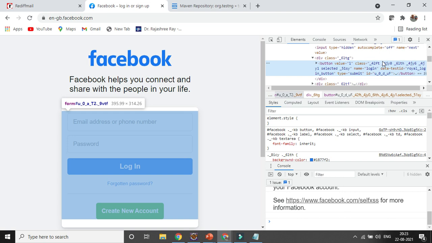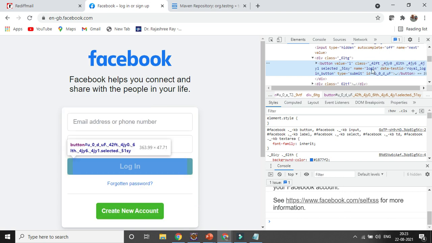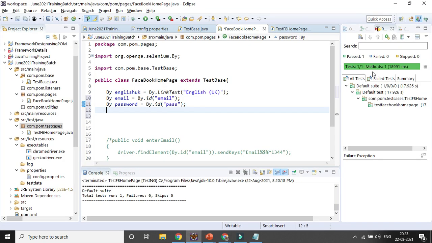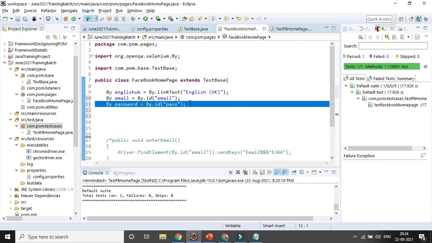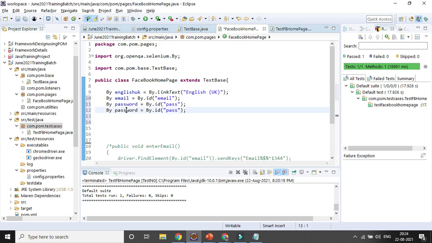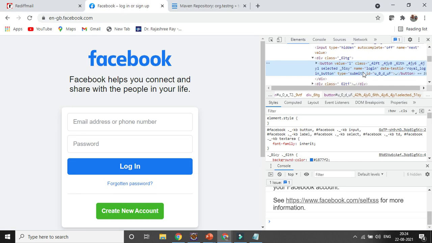And then I'll be going for the sign in button, that login button. The button name is login, so I can go with the name, right? Name. So sign in. Here I can change it to name, and I can give the name as login.